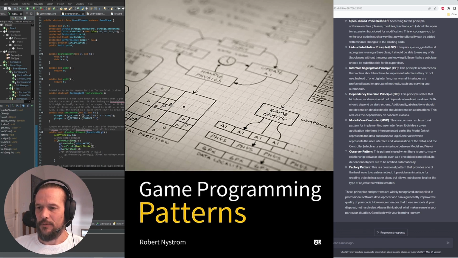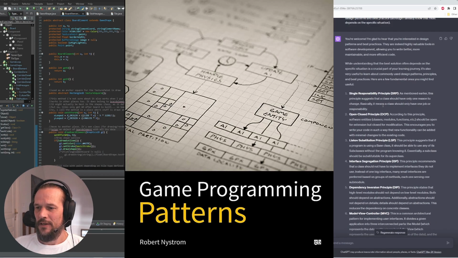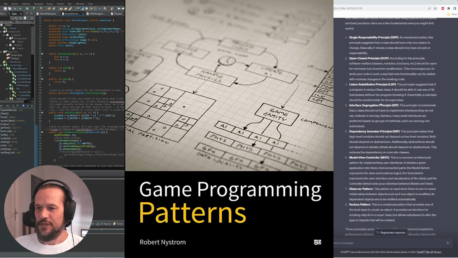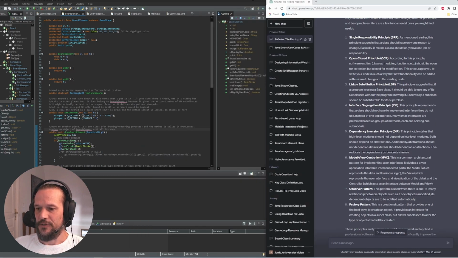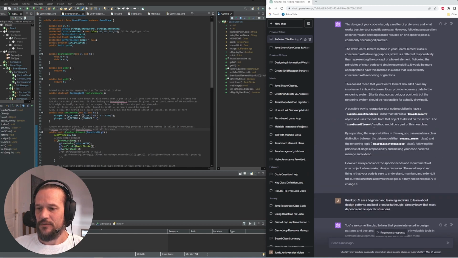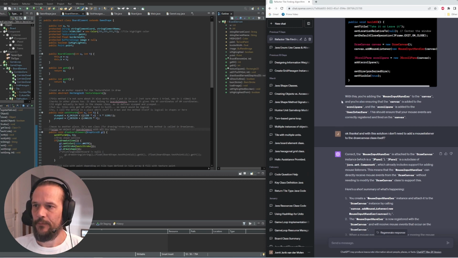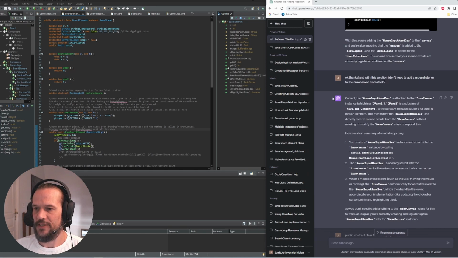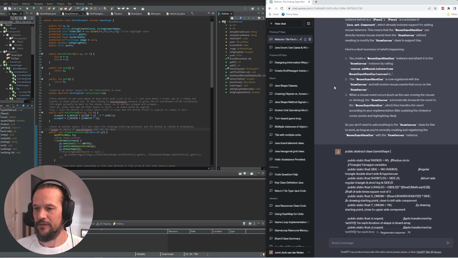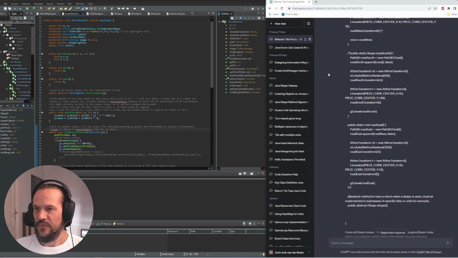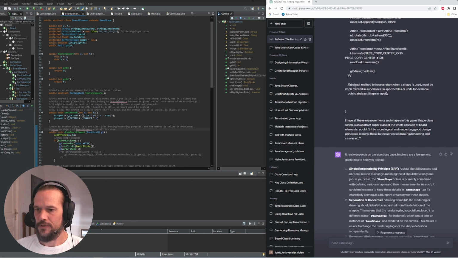the guy that has written a book about design patterns specifically for game development, and I'm in the first chapter where he goes into all those different design patterns, a bit like what ChatGPT tells me here, because as well, I was asking some more questions when I wasn't recording. So yeah, I was with this mouse listener, etc. I was going back and forth, and then I asked about my shape class if that was